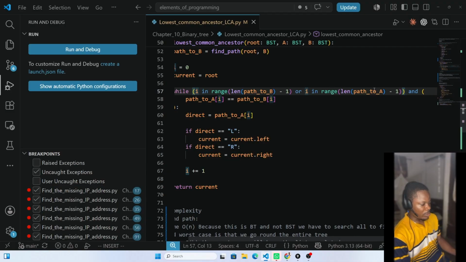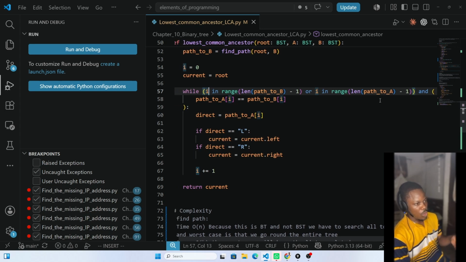Also the same thing for the part A. So we are trying to do a simultaneous iteration. We say for i in range, the same thing. Basically, our i should stop wherever, because if we find any instance where i and A don't work together, which is impossible because obviously the root of a value is going to be the initial lowest common